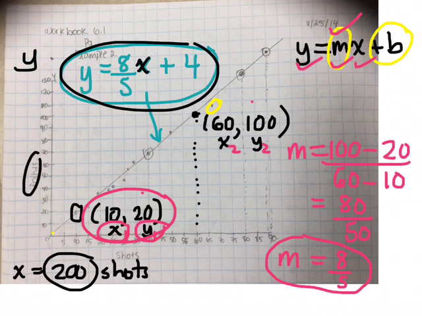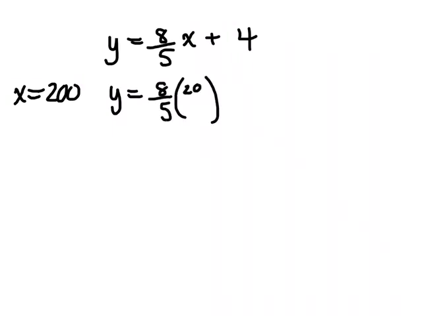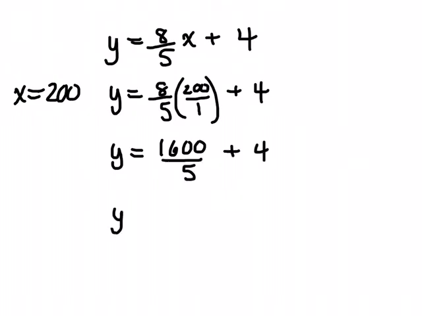Okay, so now you have an equation. You can use that equation to predict trends, predict information about this graph. Okay, so I want you to do that right now. If somebody took 200 shots, tell me how many points they would get according to this pattern. If they take 200 shots, so if x is 200, I want to know what y is equal to. So I'm plugging this in, plus 4, and I'm solving for y. So 8 times 200 is 1,600 divided by 5 plus 4. So I have 320 plus 4, so y equals